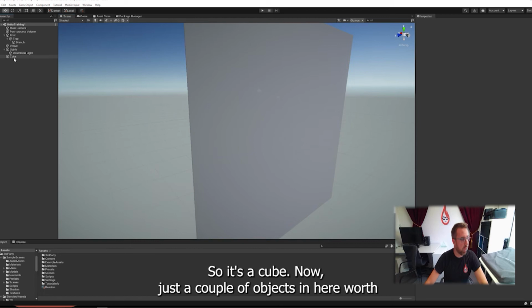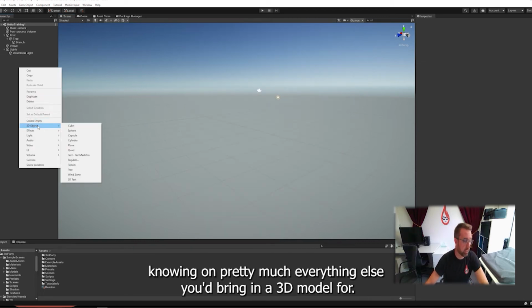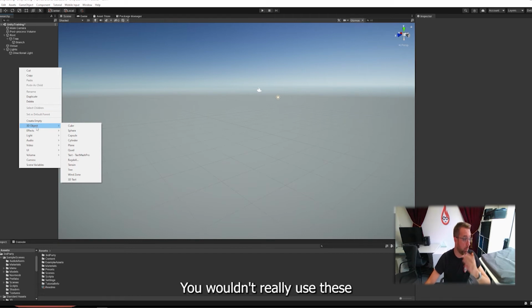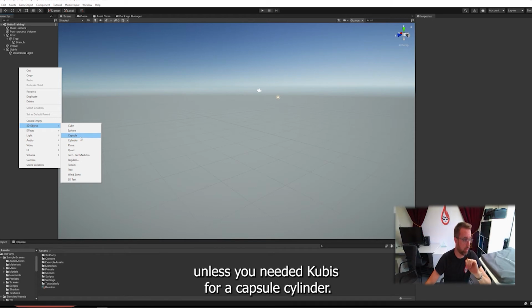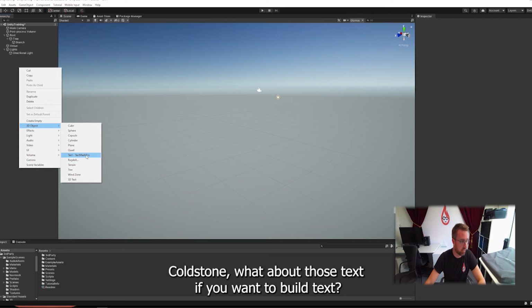So that's a cube. Now, just a couple of other objects in here worth knowing. Pretty much everything else you'd bring in a 3D model for. You wouldn't really use these unless you needed a cube, a sphere, a capsule, or cylinder. Quads, don't worry about those. Text, if you want to build text,